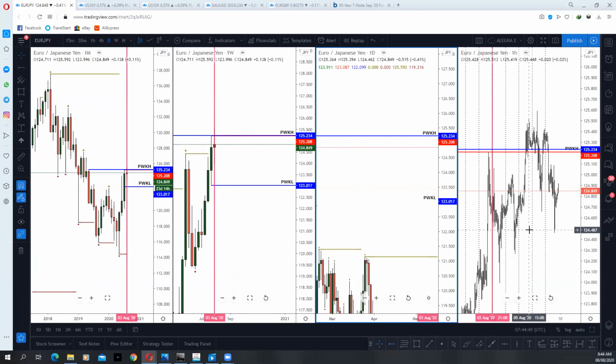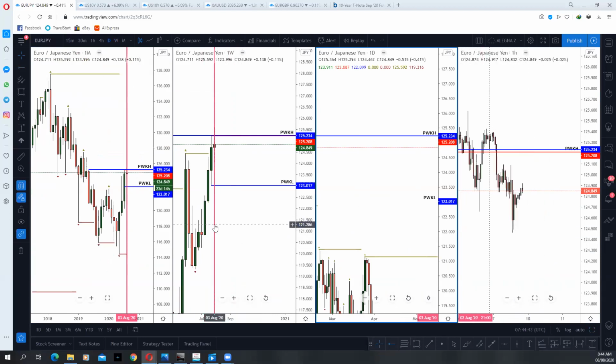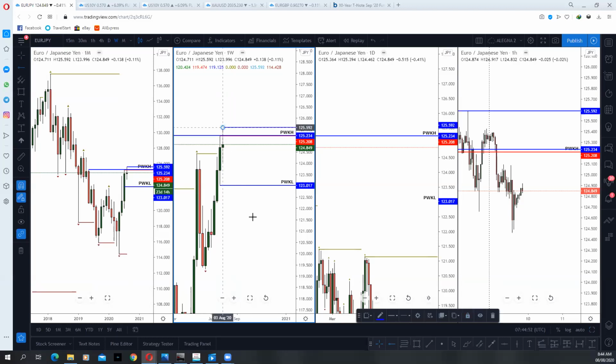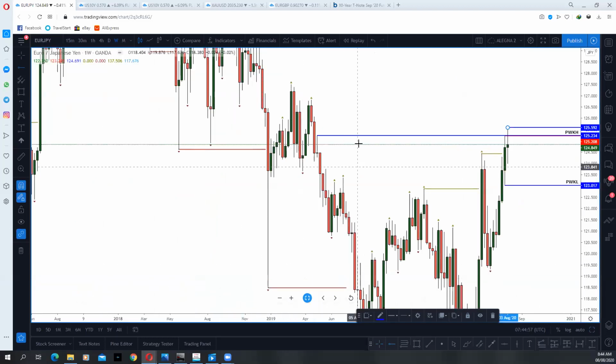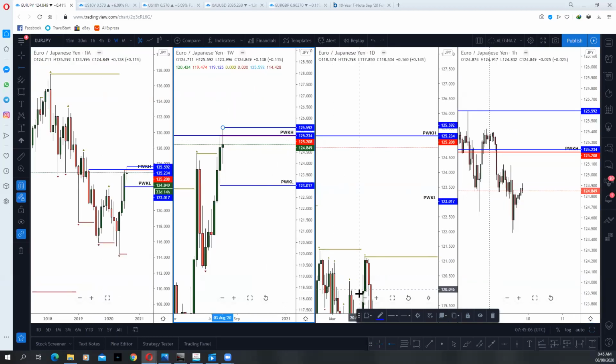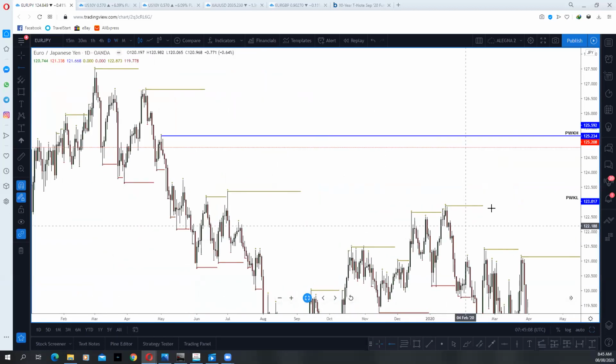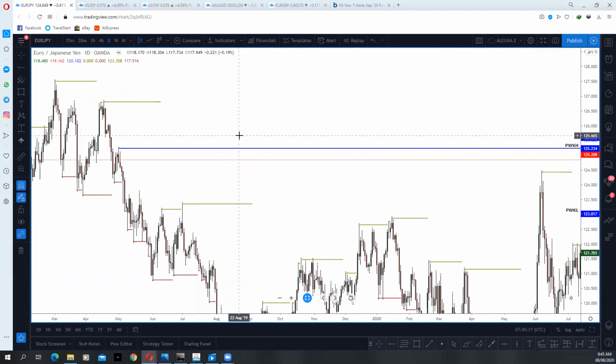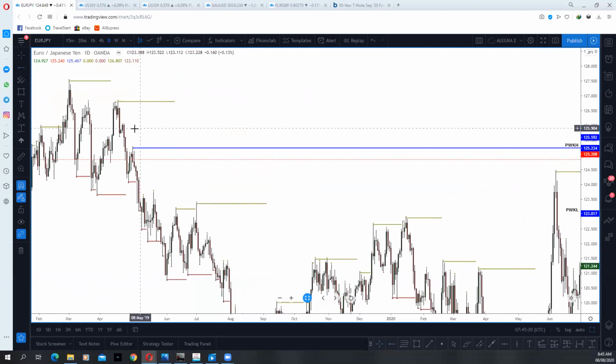Previous week's high. Let me look at this screen. I'm not seeing this screen. I want to pick this high, that's at 125.59. Well, I don't know what they saw here, but it was very evident there was something here that they saw that made price drop at that level. Let me look at it properly.